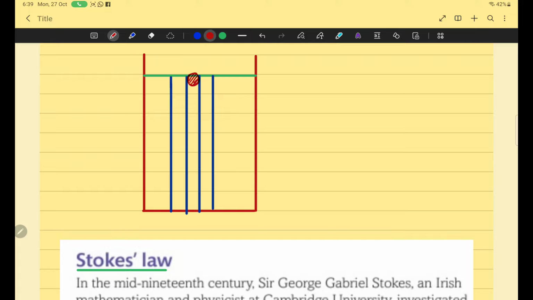When this solid sphere is falling down, this layer and this layer will offer friction to the fall of the sphere. The sphere is falling, but there is a friction between the surface of the sphere and the layer of fluid. And this friction is called drag force, and